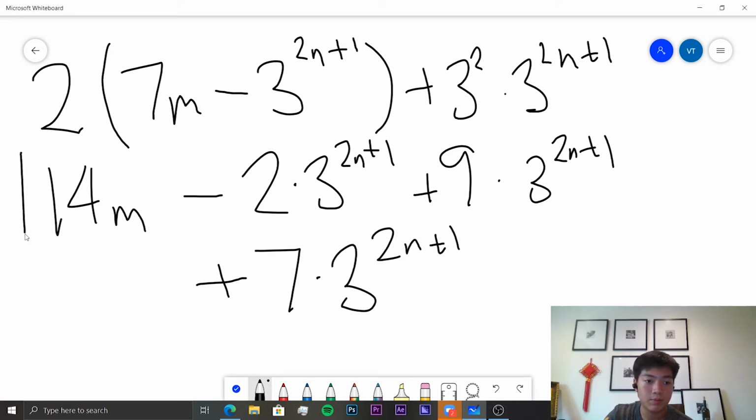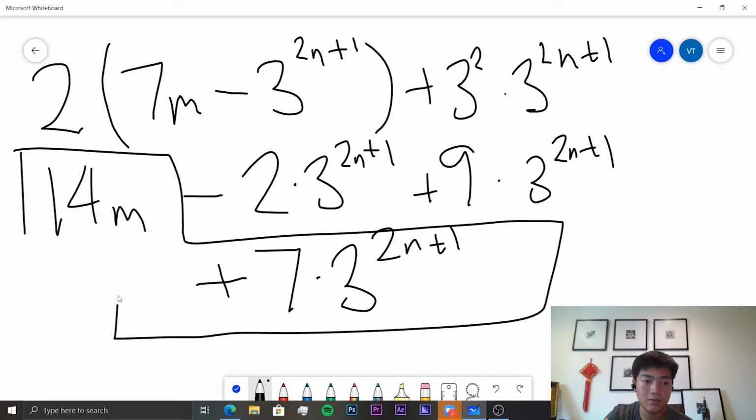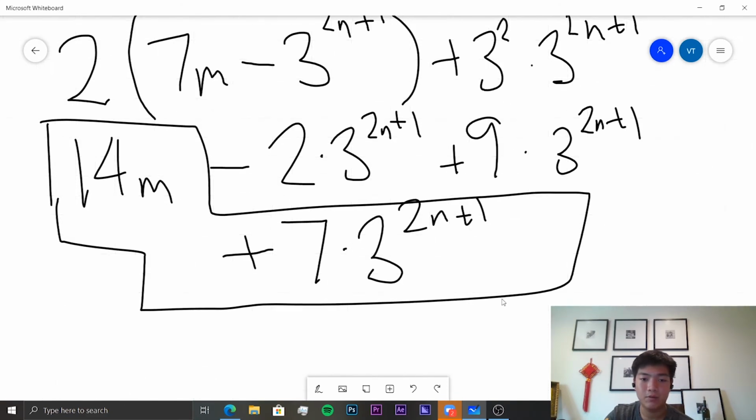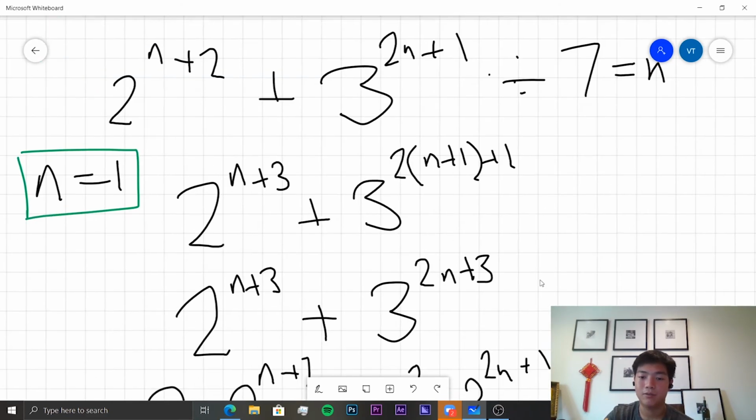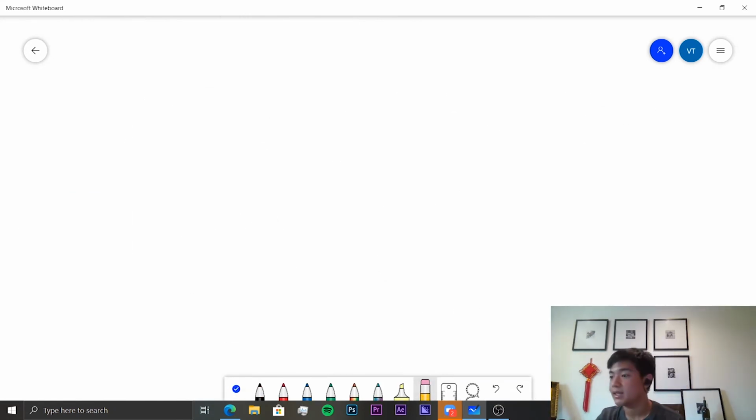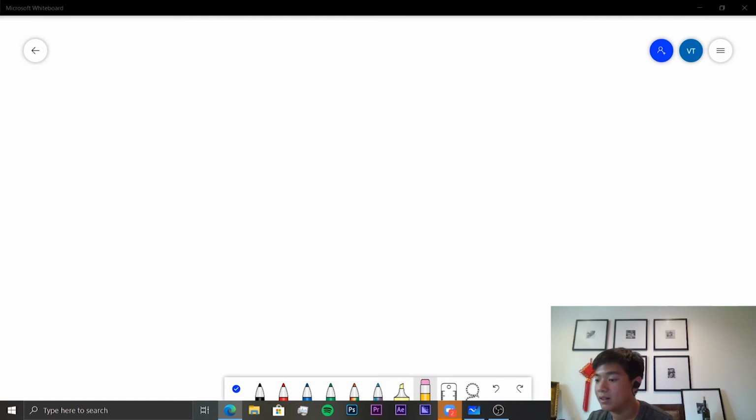So we've proved that this new number that we've created is still divisible by 7. We've proved the base step, and we have now proved the inductive step, and so through mathematical induction, this should be true. Okay, I think we are on to the